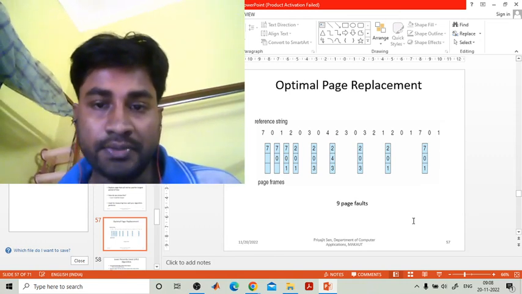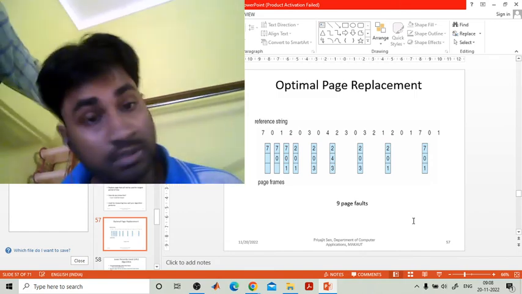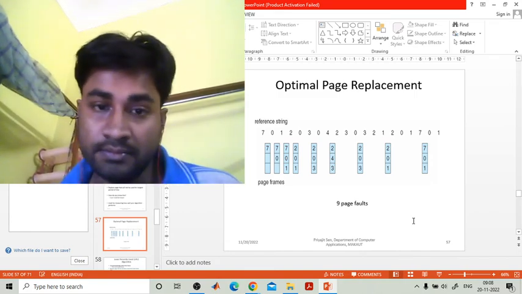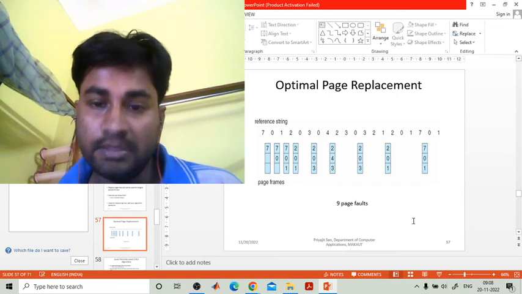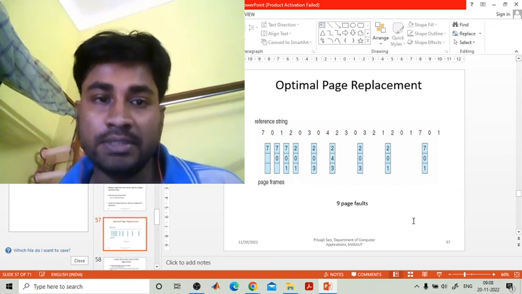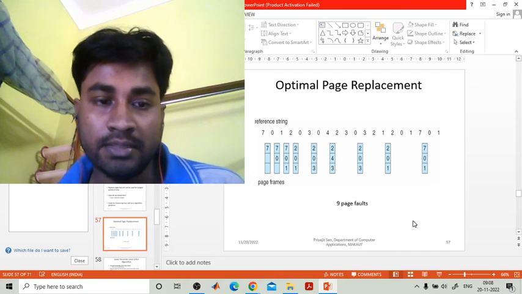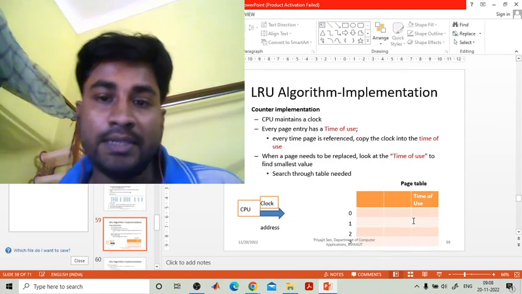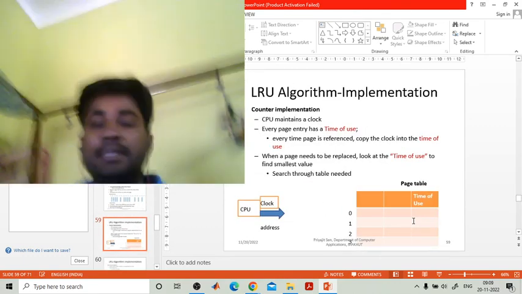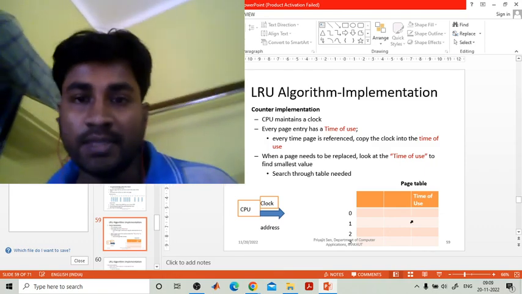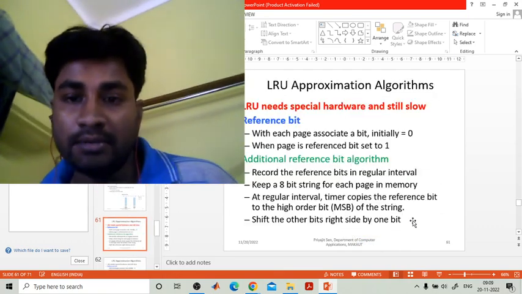Is it clear to all of you, or shall I repeat? This question will come in the examination, I am telling you. We have to count the number of page faults using FIFO and optimal. And now the LRU, the least recently used algorithm. So coming to the LRU algorithm, see,